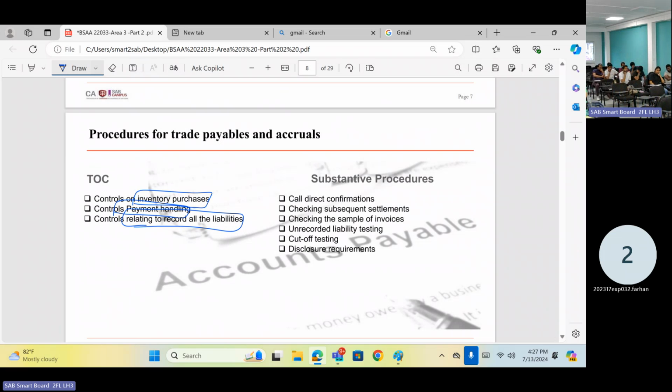Right? Other thing is, you should have a creditor listing. A list of creditors should be there. That is called a vendor list. We should have a vendor screening process. Vendor screening process means